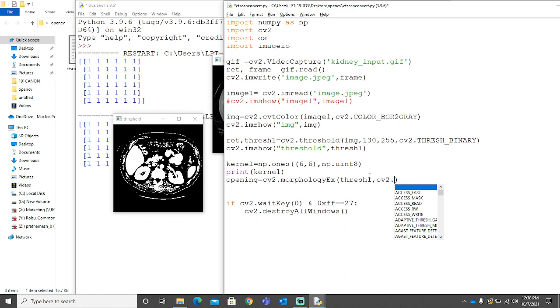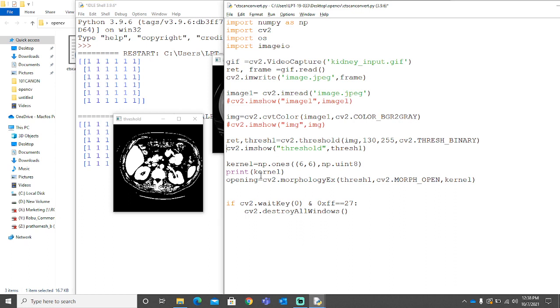Let's do this now. We'll be doing morph open because we choose opening. So this is morph open, and then we'll be giving this kernel matrix as an input. So we have 3 inputs for this. Now let's comment these things out because we don't need them.